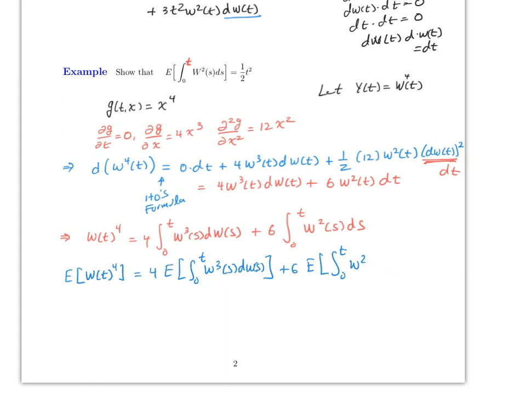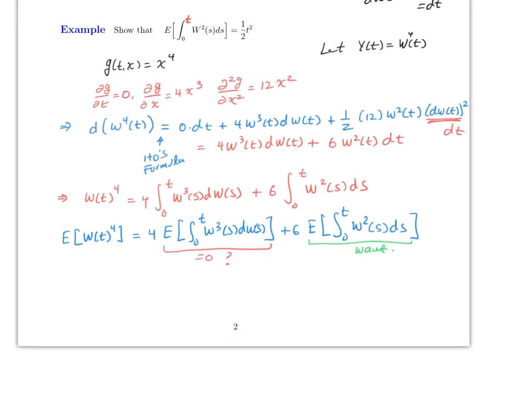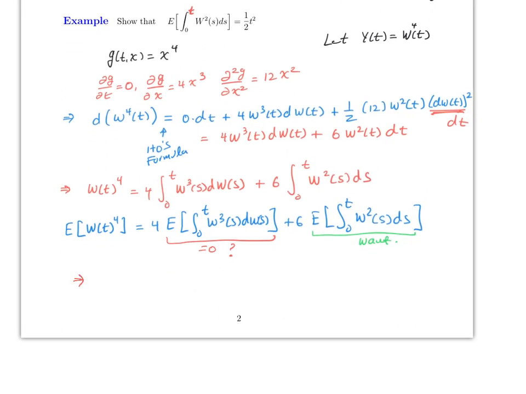All right, so this is w squared s ds, and this is pretty much what you want. Notice that this is equal to 0. Why? Make sure that you check this part. It's very important that this is equal to 0. So therefore, what we have from here is